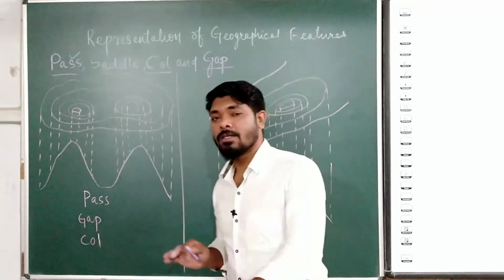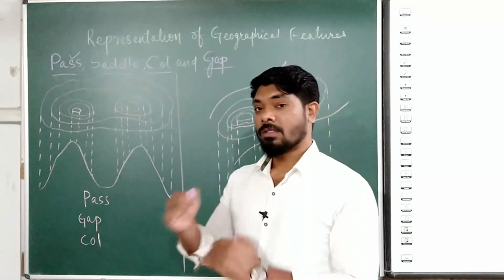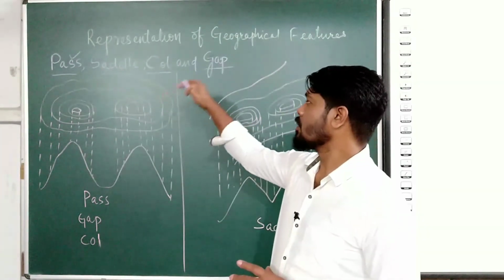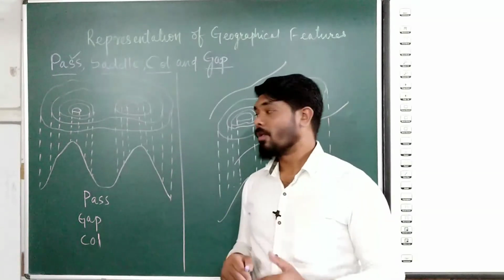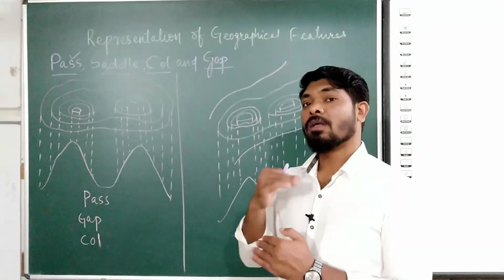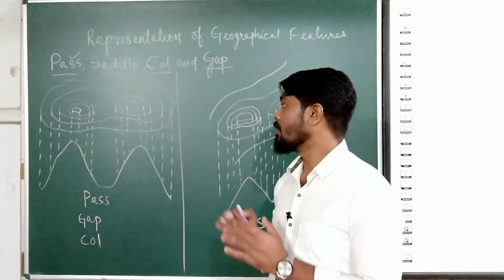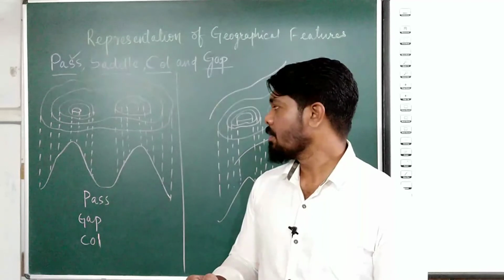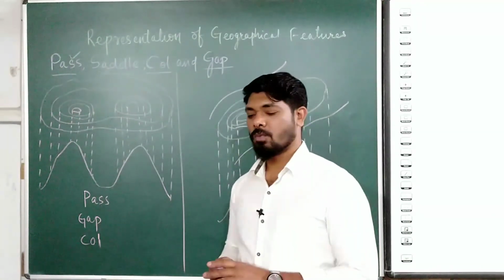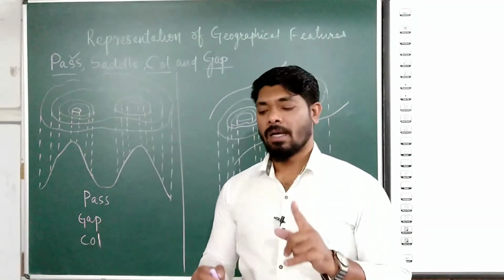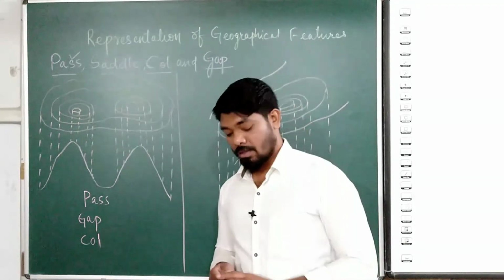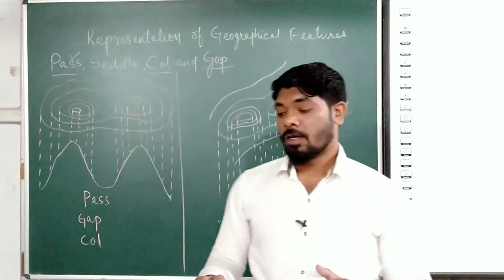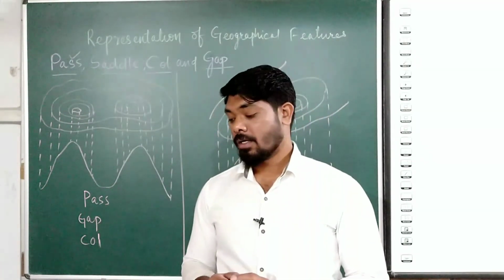So when you are asked to interpret the relief features on the topographical map, you can write all these four. If you are confused about whether it is a pass or saddle, or you are not able to judge or interpret it, you can write all four and it will be considered, because they look similar to each other but the definitions are different. Learn the definitions and that will help you score marks. So these are the relief features of this syllabus.